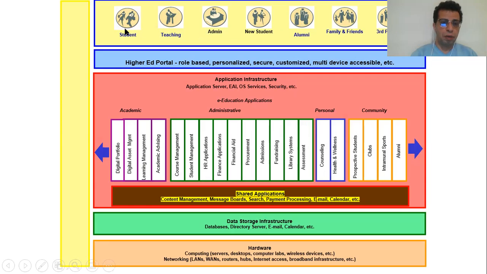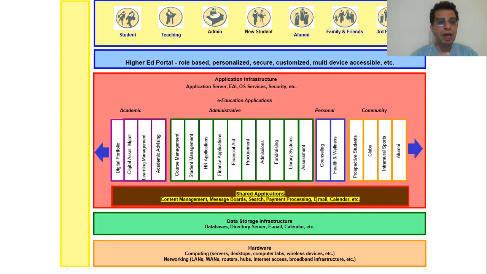So if we're talking about a learning management system, we might have a student involved, a teacher or teaching staff, and definitely the admins. Also new students, and alumni, people who are graduating, who like to see what kind of courses they want to take. Maybe it could be family and friends, people who are paying your tuition.